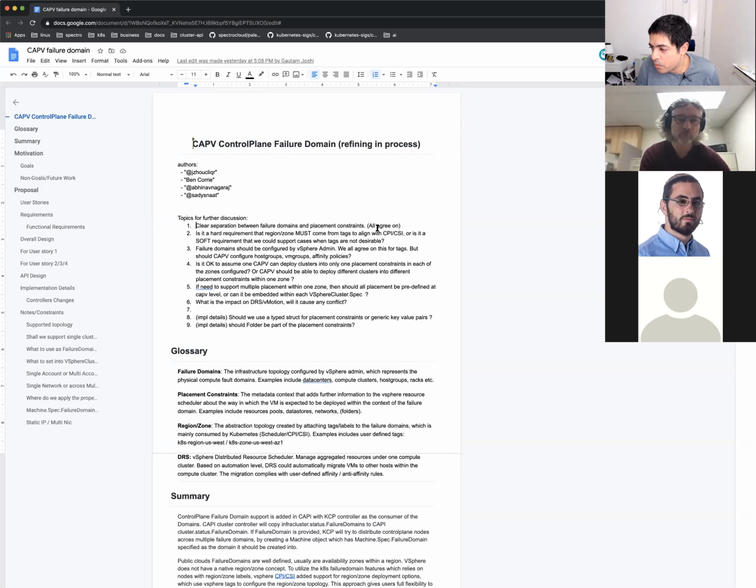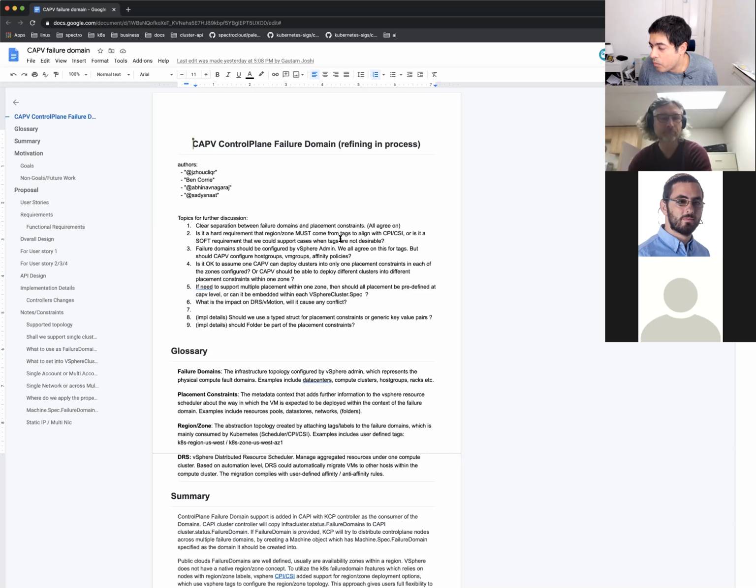And we have all agreed on this part. The failure domains should be something the vSphere admin configures on the infrastructure, and that is something CAPV should not touch. It will be some input into CAPV. This is the failure domain that is configured within the vSphere infrastructure, and you need to use this already configured information to place the VM.